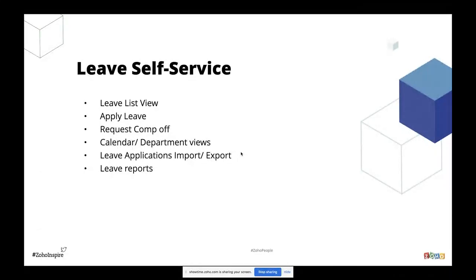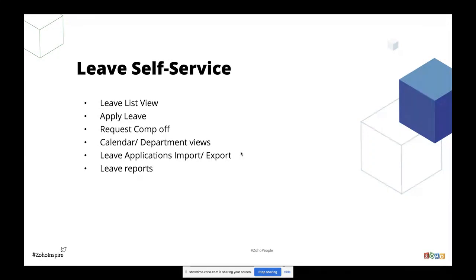Another feature is leave grant, which will function on a request-grant basis. Say it's a maternity or paternity leave: once you request that leave, the leave balance will be credited and you can avail that leave. As of now, it is possible through custom forms, and we plan to bring it as a system feature as well. Another feature in our list is manual leave encashment. We support automatic leave encashment as of now, based on the leave configuration that you do, and we plan to support the manual way as well.